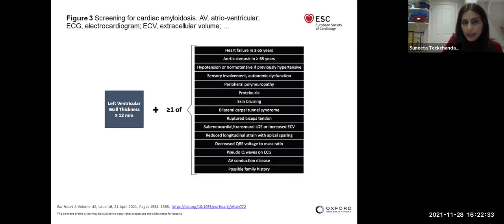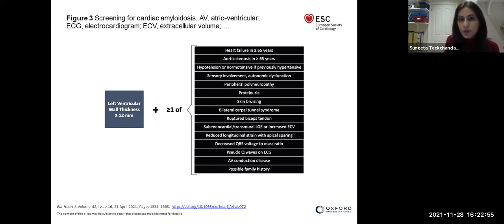So ESC, again, has produced what are more or less red flags for when we should start considering cardiac amyloidosis as a diagnosis, because we can't think of this diagnosis in every patient. But if you've got LV wall thickness of more than 12 millimeters, plus any one of the following features, you should start thinking of screening for cardiac amyloidosis, which is more or less heart failure in anybody over 65,